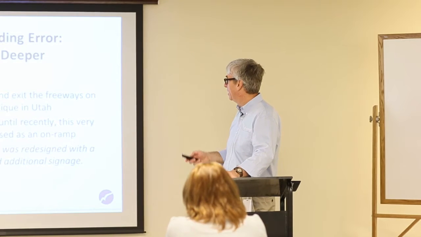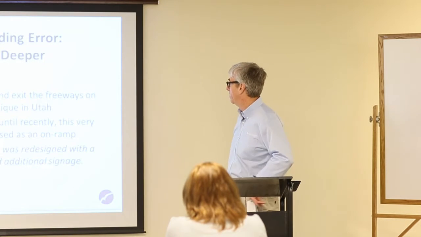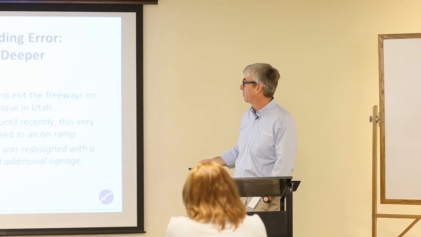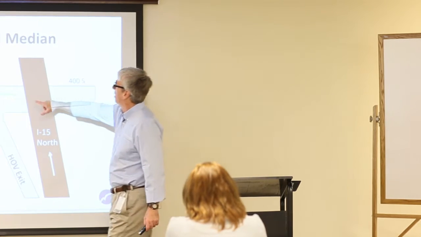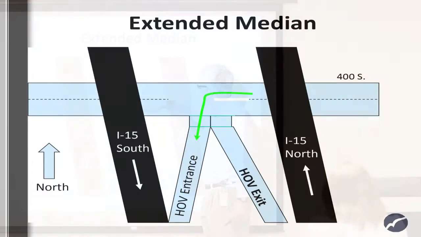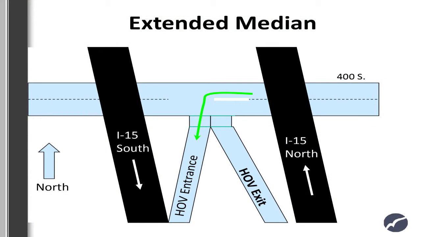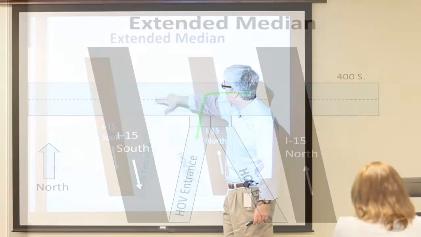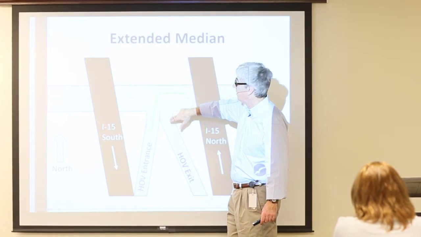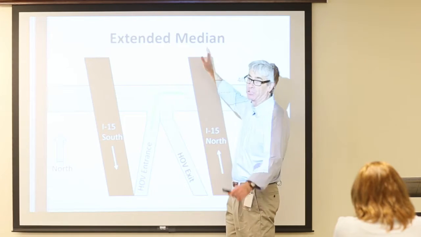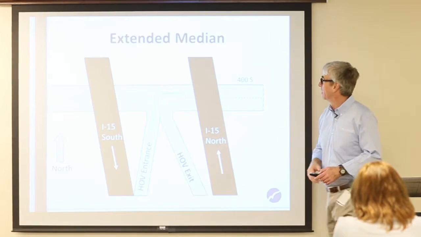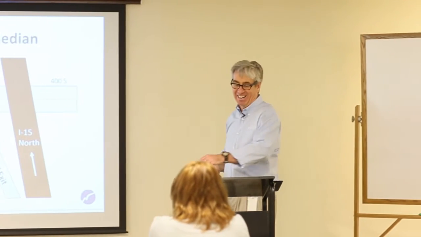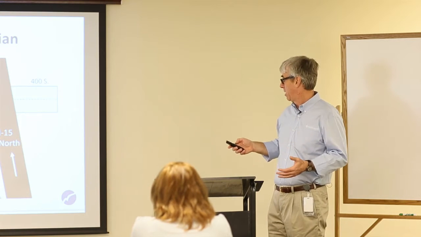So eventually, what they did is they redesigned this interchange, this intersection, with a longer median. There's a median here, and they made it longer. Before it was shorter, and actually you could go faster, but that's not allowed now. But you can go there, and you can see it. It's there today. But you'd really have to work now to get on there. It'd be like doubling back. It'd be an unnatural act of driving, and even in Salt Lake we don't do that. So they fixed the system, and it works.